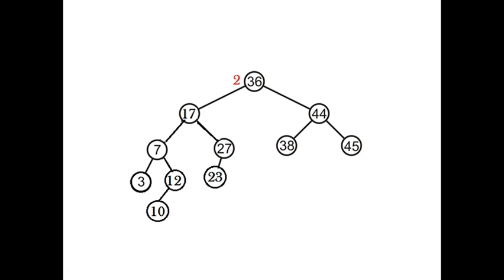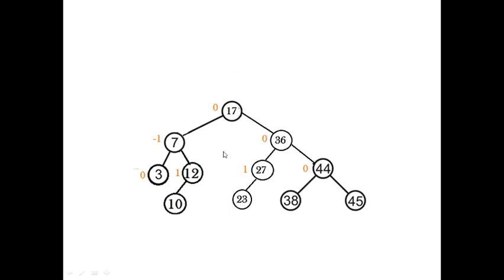Whenever a node is promoted as a root node, its excess child will be adopted by the previous parent or previous root node. So 36 is the deposed one, the one that is going to be replaced from the root, and that is the one that has to take care of the orphaned nodes of 17. So it becomes like this. And if you recalculate the balance factor, it's now balanced everywhere, and finally it is a balanced AVL tree.